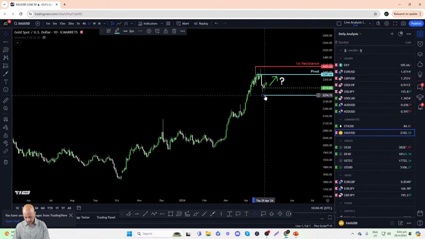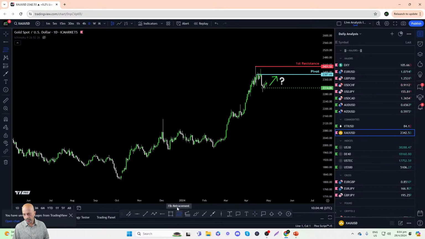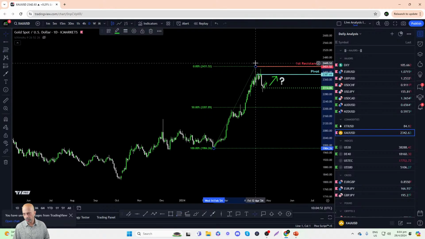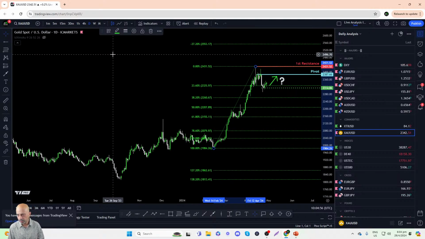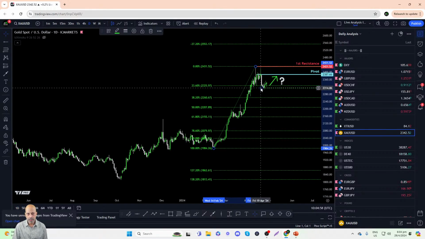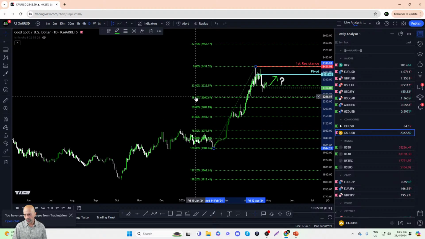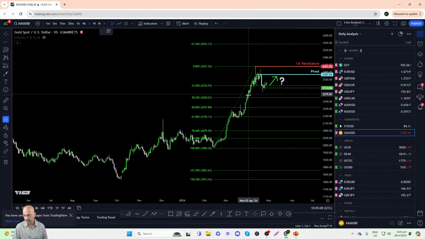Let's see if we can run Fibonacci retracement as well. We start the retracement from here, 14th of February, going up to the all-time high. Let's pull up all the fibs. Perhaps we can use the 23 and 38.2%. Okay, no. Gold has already got underneath 23.6%, so this level is no longer valid. 38.2% is simply too far, but it's a level that I think we can use to identify as a first support here.